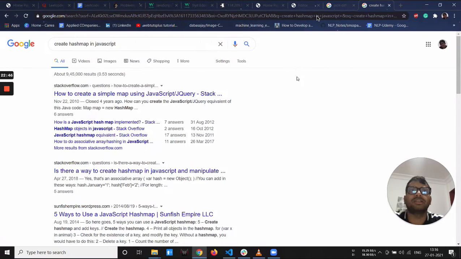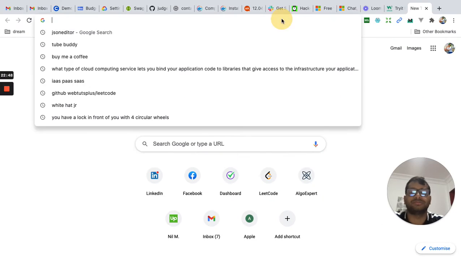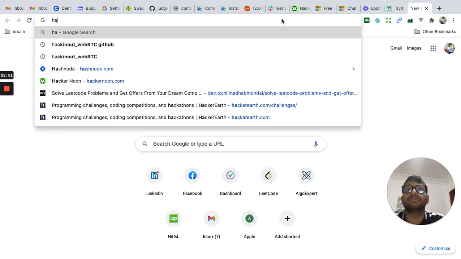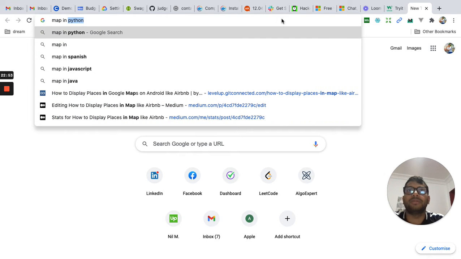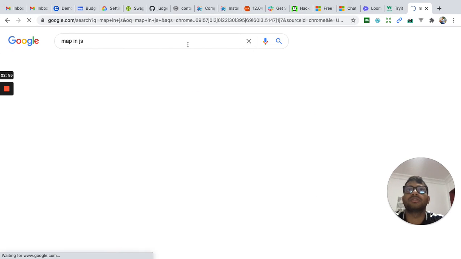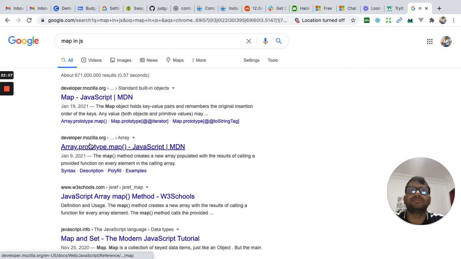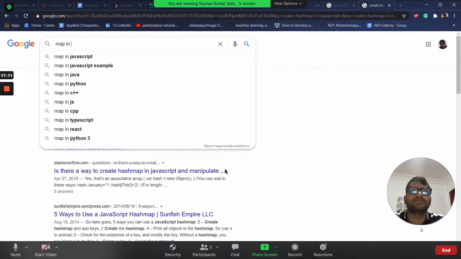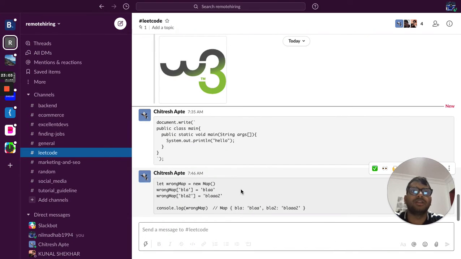Just send it in. When we scroll down, they have that, Map in JS. Yes, I have shared it in Slack. So like this. Yes, you can copy it.